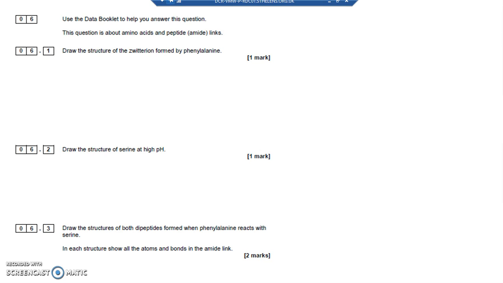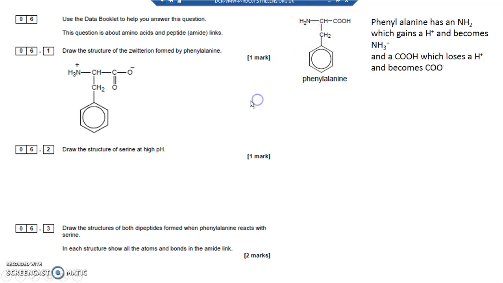Draw the zwitterion formed by phenylalanine. So we need to draw phenylalanine to start off with from the data book. A zwitterion loses an H plus from the COOH. So if that loses an H, it becomes COO, and if it loses an H plus, it becomes COO minus. So that end becomes COO minus, and the H plus joins on at this end. So instead of it becoming NH2, it's now become NH3 plus, and the plus is on the N. So it'll look like that. You can just draw this end if you want as COO minus, rather than drawing it out as a full